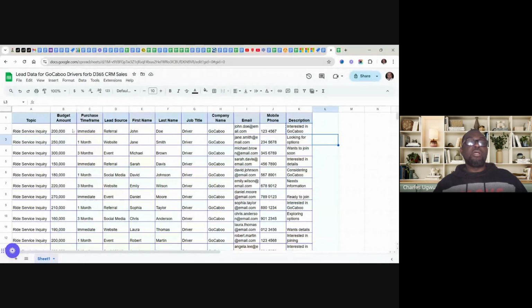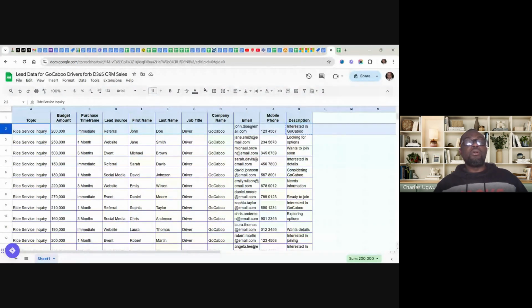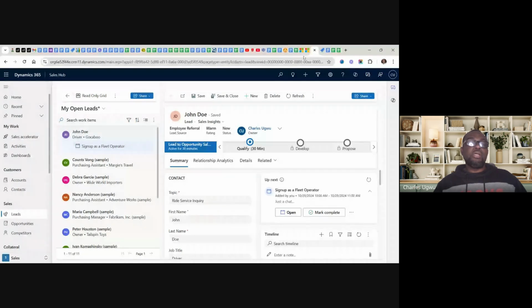This particular lead, we've already added this, although this is not what we already downloaded, the one we're going to use. But this is the data set we want to import in bulk. So we'll come back and want to do a bulk import. To do that, we need to go to the